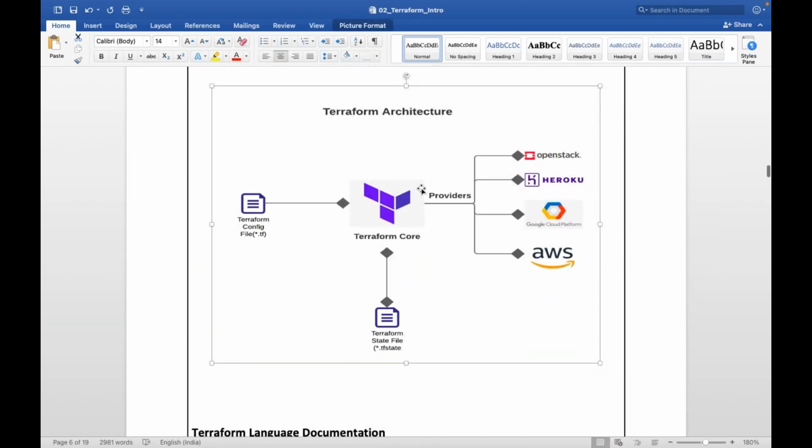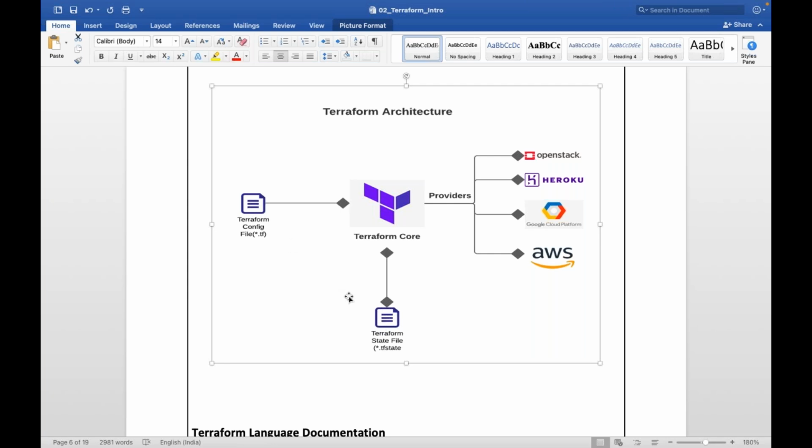So this Terraform core is nothing but a software, a binary. So what is the input? I mean to say, what is the input for the Terraform core to provision, manage, update or delete resources in any platforms, any providers? Terraform core will take your Terraform configuration files, the .tf files, where you have defined your resources, and it is going to use the state file. So it is going to compare: this is your desired state, this is the current state.